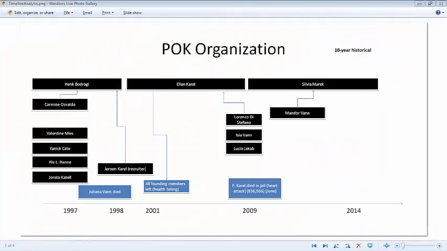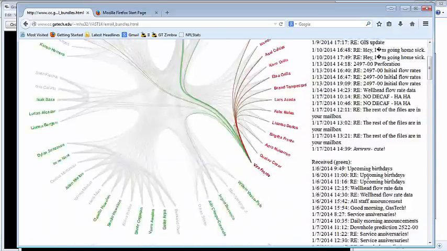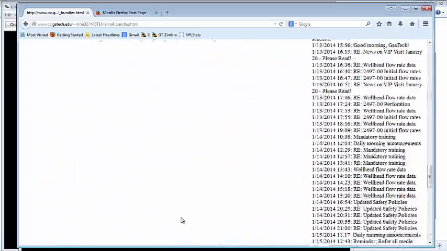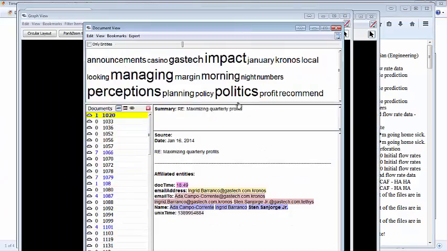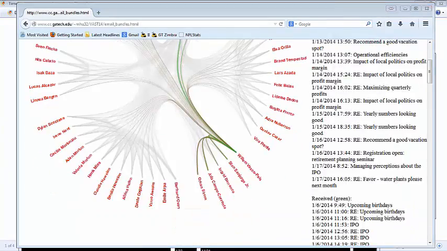After reading the 5 and 10-year historical report, we discovered several known members of the POK. Using that information, we searched the email visualization for shared last names. We noted the department and then used Jigsaw to determine whom they were sending personal emails to.